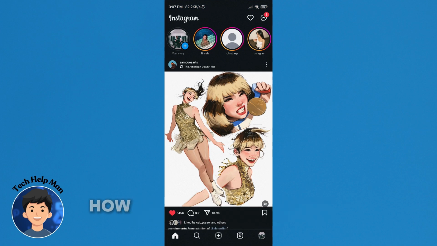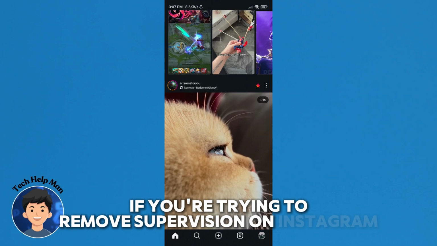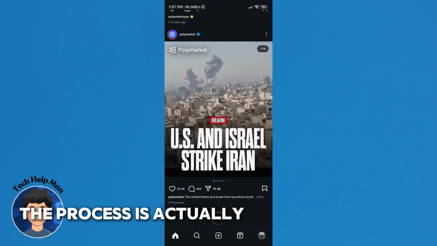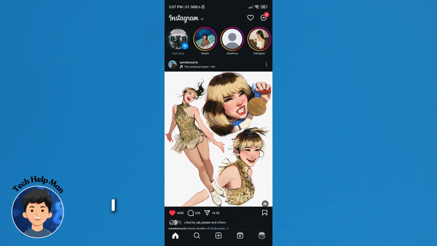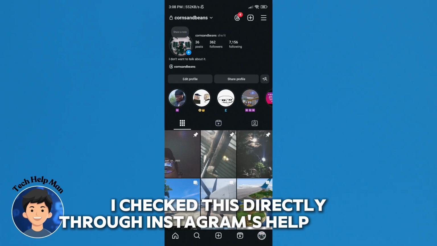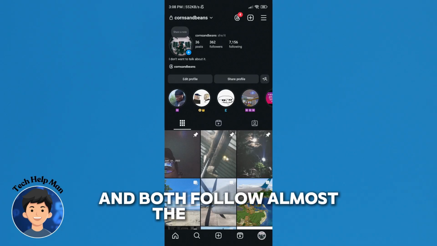Today, let me show you how to remove supervision on Instagram. If you're trying to remove supervision on Instagram, the process is actually straightforward, but it depends on whether you're the teen or the parent. I checked this directly through Instagram's Help Center, and both follow almost the same path inside